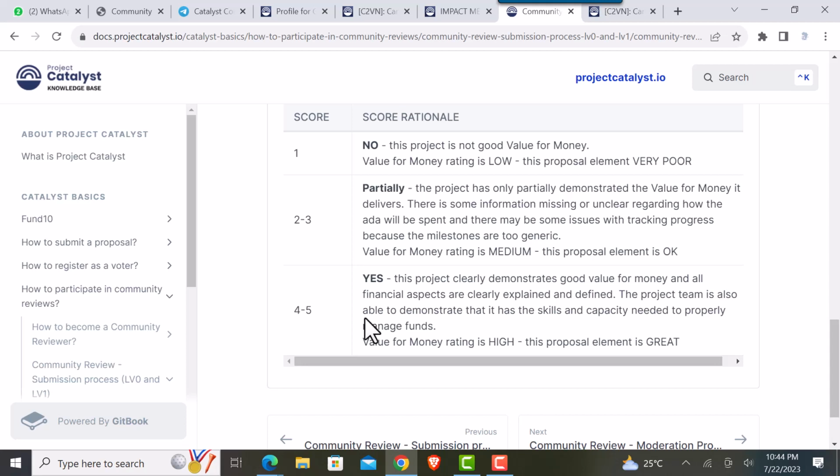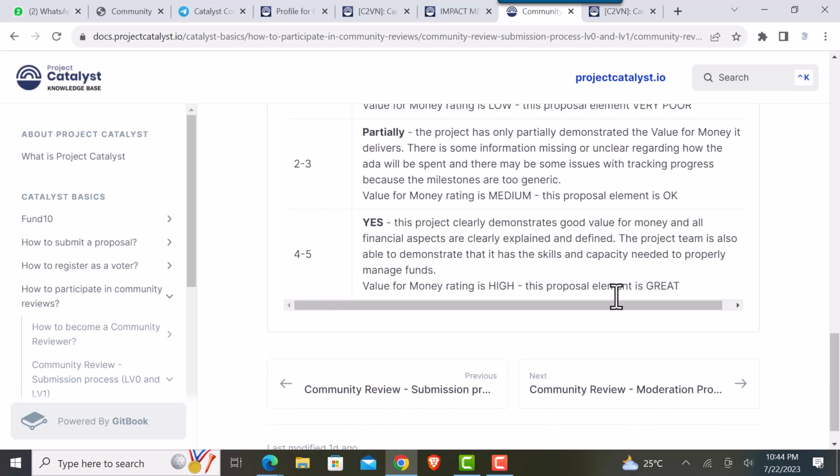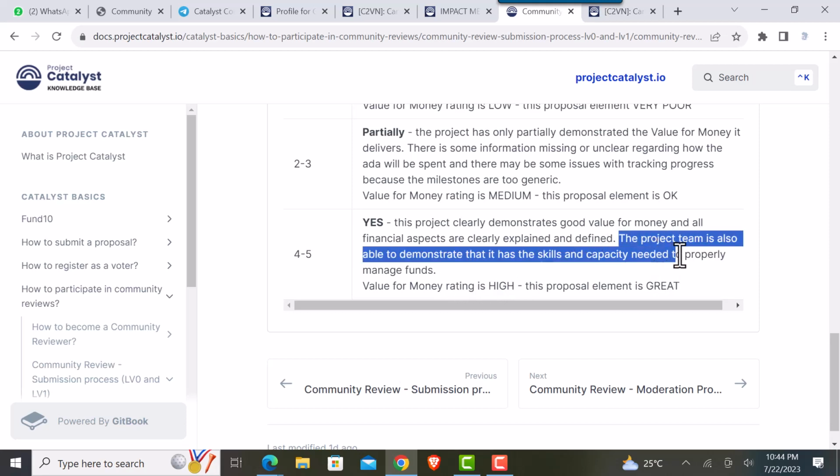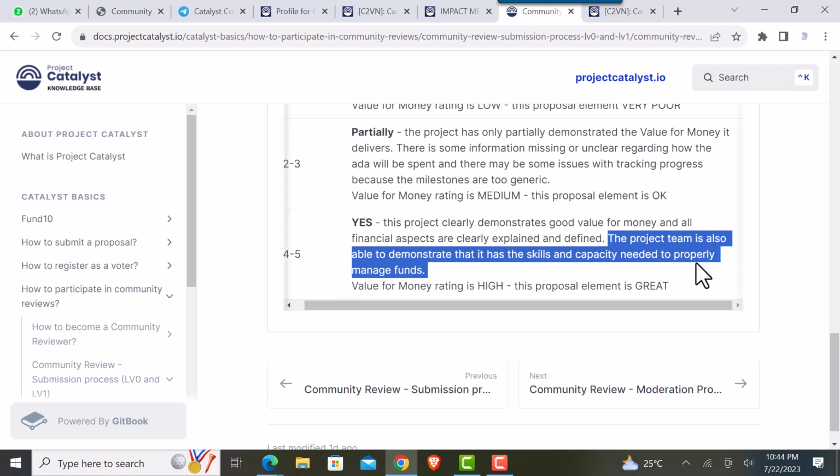So yes, this project clearly demonstrates good value for money, and all financial aspects are clearly explained and defined. So the project team is also able to demonstrate that it has the skills and capacity needed to properly manage funds. So this is something you can always add,